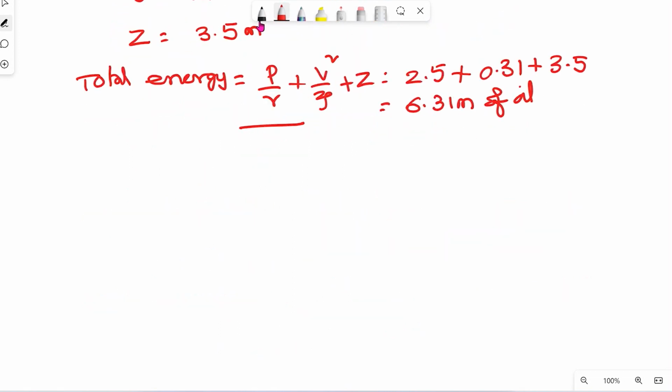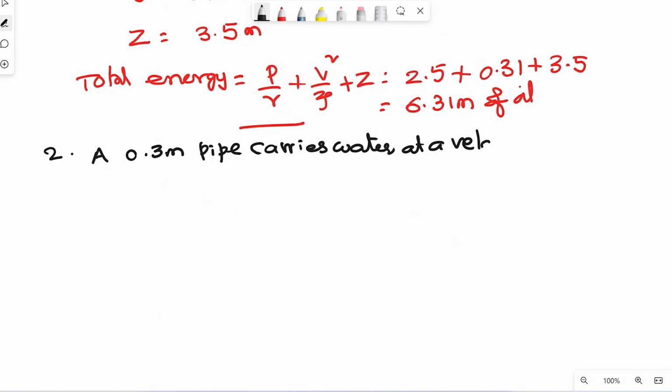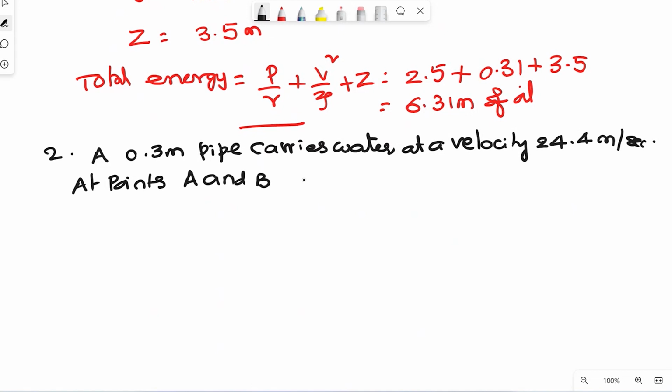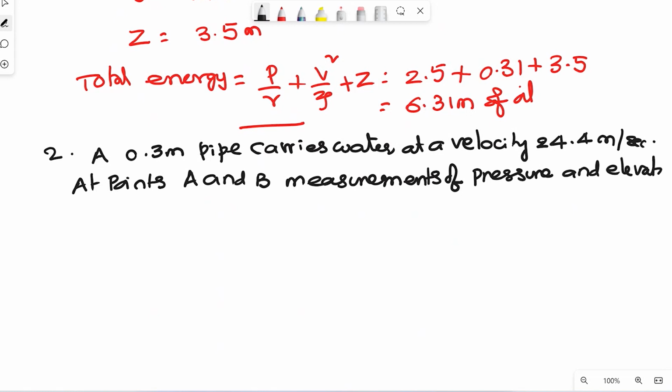Then let me go into the second problem. A 0.3 meters pipe carries water at a velocity of 24.4 meters per second. At points A and B, measurements of pressure and elevation. Elevation is nothing but datum. Elevation were respectively